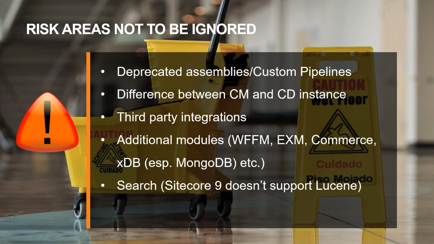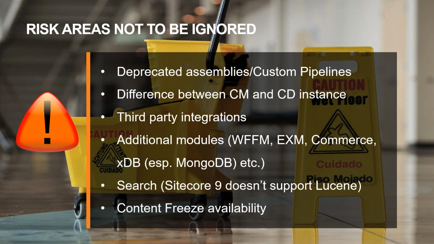Search is the factor I've seen popping up first post-upgrade as the issue, especially if you're using Lucene. Please note that Lucene is no longer supported in Sitecore 9. So in case you are still using Lucene, have a plan to migrate to a better search such as Solr, Coveo, Azure Search, or whatever you feel like, but have that plan ready in parallel while doing the upgrade. In any circumstances, please do not try to run Lucene on Sitecore 9. That can lead to a lot of failed efforts.